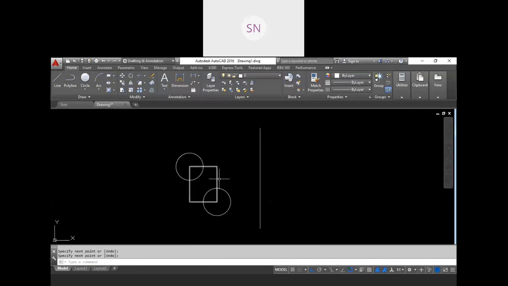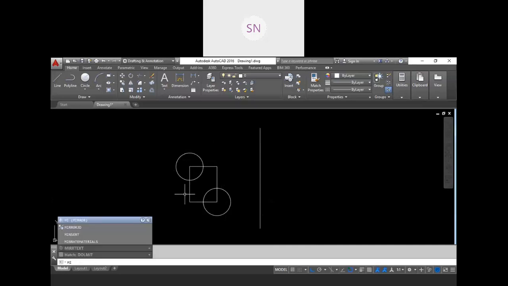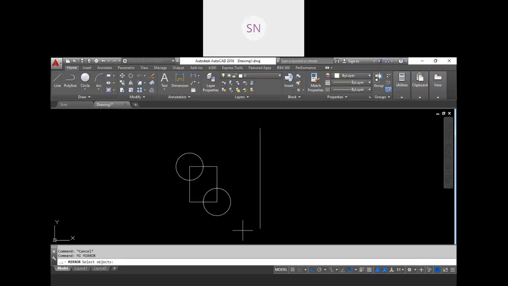Now if you want to create a mirror of your object, of your geometry, then the short key for mirror is mi. Type mi, enter, then select your object that you want to mirror, then hit enter again, then choose 2 points of your mirror line. See here, this line is not necessary, you need to provide 2 points only.